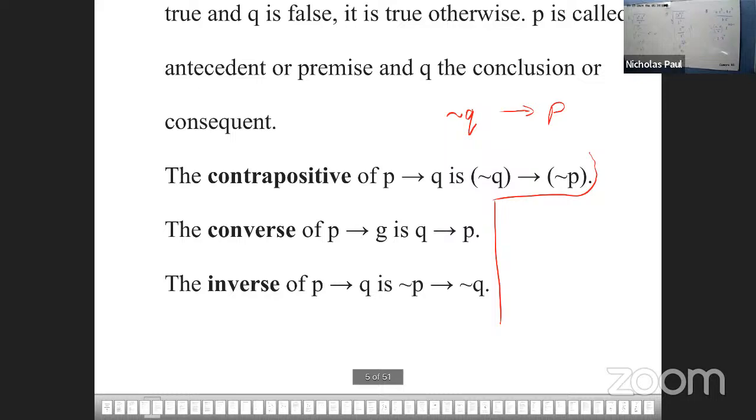Wait, you finish? Right, so what's contrapositive? The negation